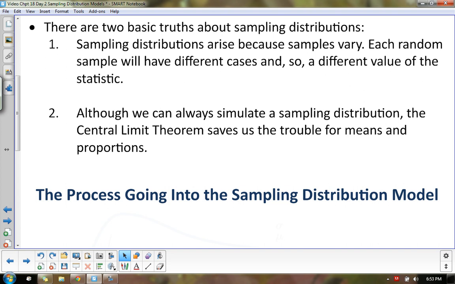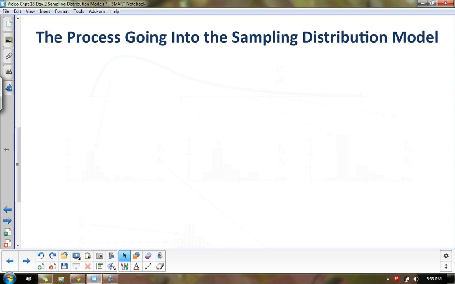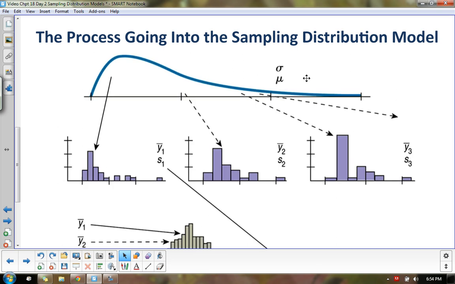The process going into the sampling distribution model. I'm going to show it to you once and how the textbook explains it, and then I'll walk you through a couple of examples, some simulations. So let's say this is my population. Think about it. Not every population is normally distributed. This one is skewed, and if you remember, my tail is on the right-hand side, it's skewed right. Maybe that means I have a limit to how small something can be, but it can go bigger and bigger and bigger. Now, this original population has a mean of mu and a standard deviation of sigma,